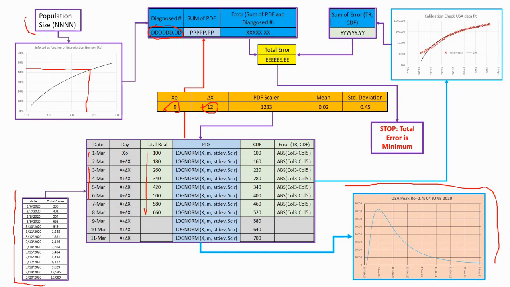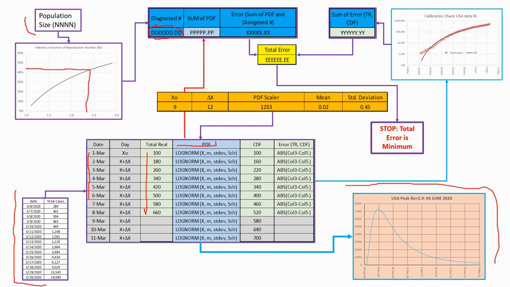Okay, so next part here is I have the real data over here, and over here I have my model data. The model data, again, depends on these 5 variables. Sorry, these are the 5 variables that control the log normal distribution, the probability density function, which will be this